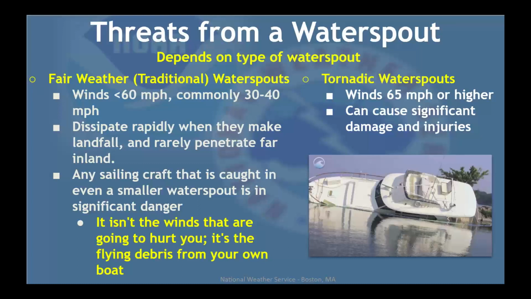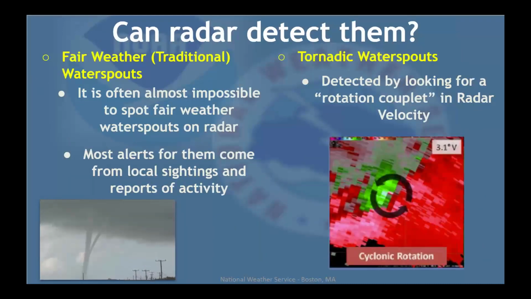The tornadic ones, obviously, are going to be more threatening. The winds can be anywhere from 65 miles per hour or higher in this case, and can cause significant damage and injuries. Think of something like, if a tornado starts and we say have an EF1 tornado that's moving across the land, and it crosses a lake. Yes, that's a waterspout, and then it moves on shore and it could do some significant damage or be dangerous to somebody. So yes, it was a waterspout, but it's still very strong. So with that,